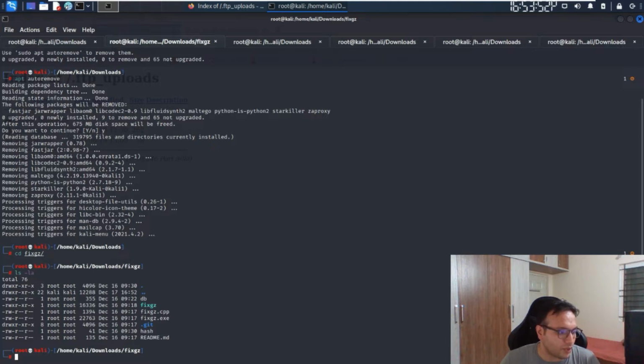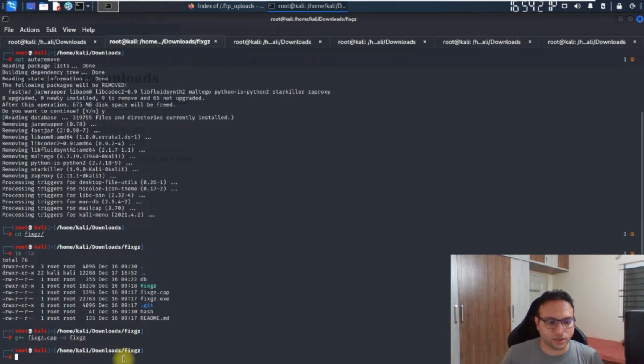Now we simply have to use G++ over here, which I've already installed on my system. I simply have to use the .cpp file, which we call a C++ base file. Over here it's using C++, so that was the reason it's .cpp. If it's only C, then .c is the extension for it. So we are using C++ files to get it compiled, and the output file we just name fixed.gz. Let me run this. Successfully it will work for you, and now we'll go for the next step.